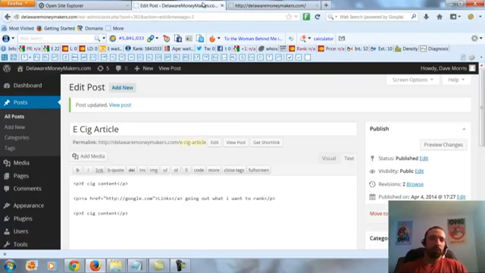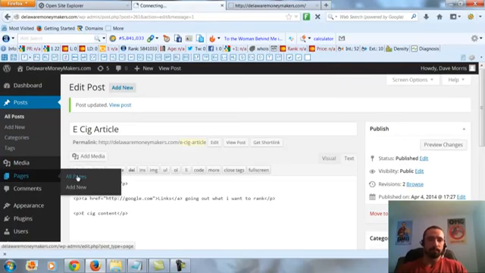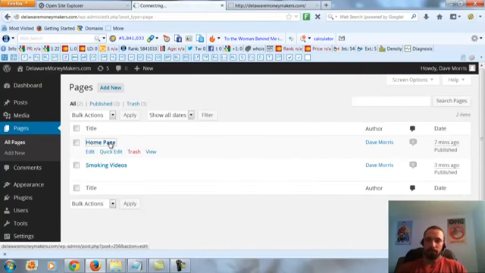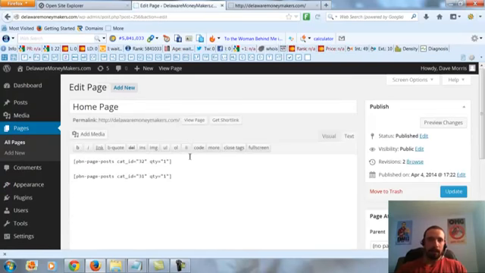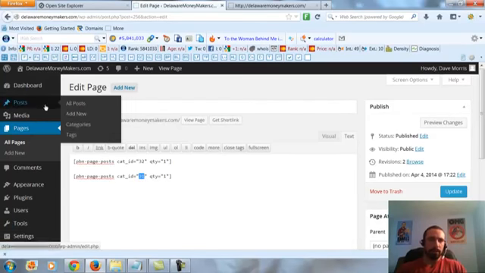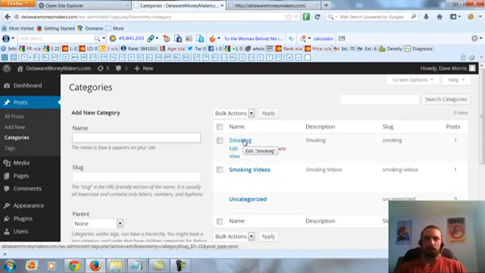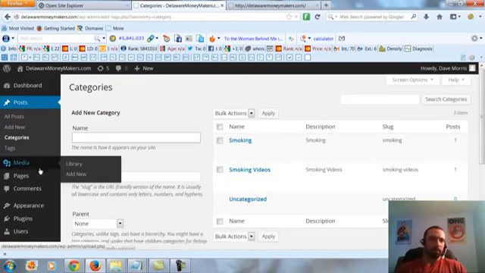So now let's show you what you would do if you wanted to do a second post. You go to the pages. You would go to the smoking or the home page. And this was the one for the smoking. To make sure, we can go back to post categories, because we have our content showing second, so it is that one. But I'll do it just to show you. So the smoking one was ID 31, because that's where we want our content to appear.